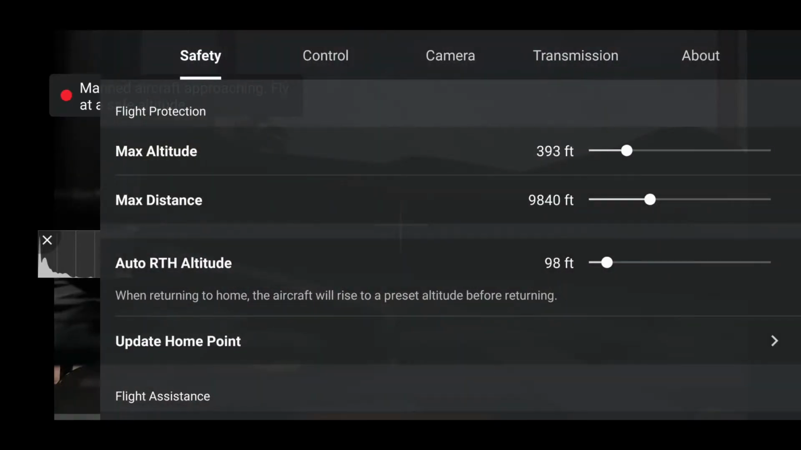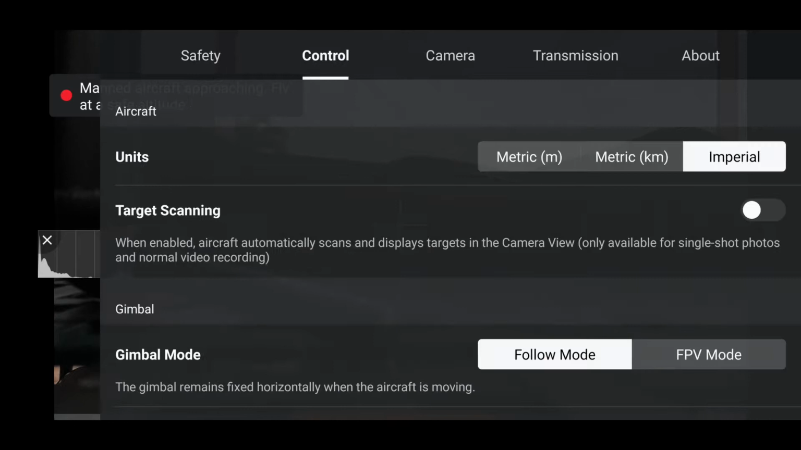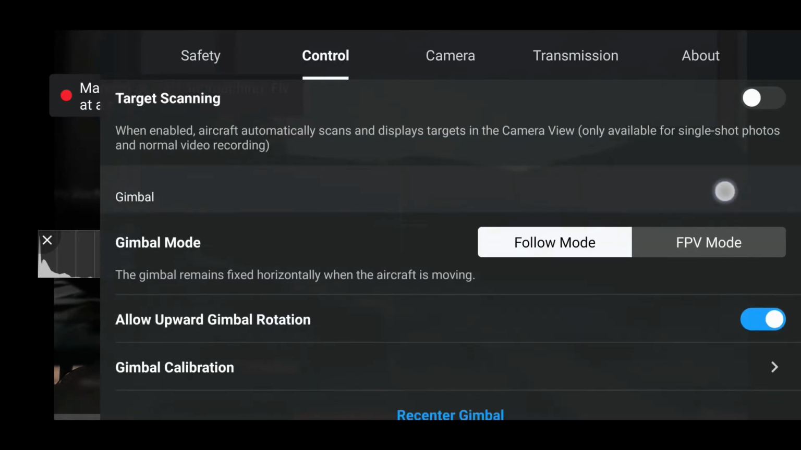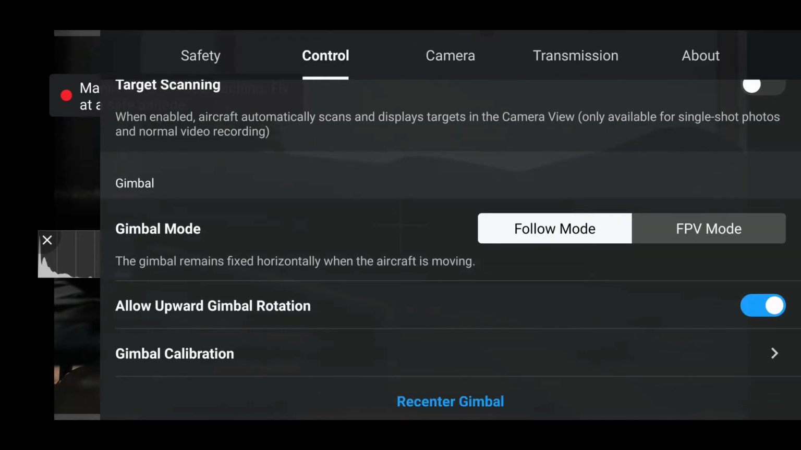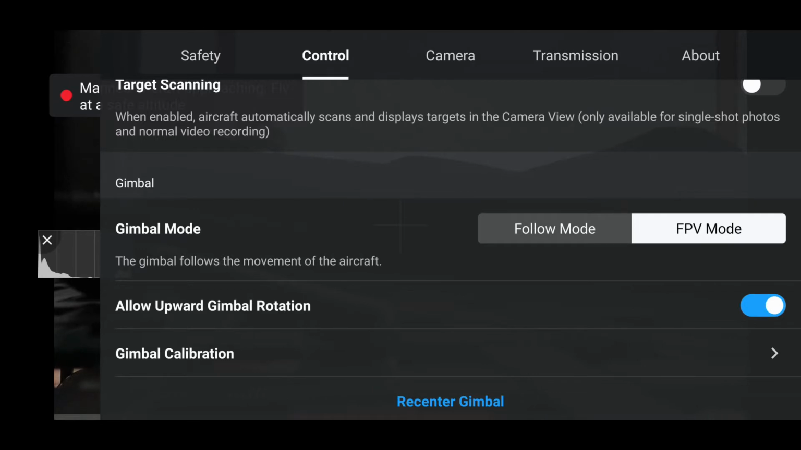Today we're going to talk about the follow mode versus FPV mode on the DJI Mavic Air 2. If you're new to the DJI Mavic Air 2, as you've been going through the DJI Fly app, you may have noticed under the control tab you have two modes for your gimbal. You have follow mode and FPV mode. Follow mode is the default mode, and that's the one that you're probably going to use most of the time to film your footage. So before we talk about the details of the two different modes, let's talk about how